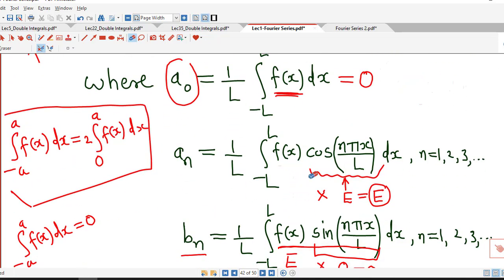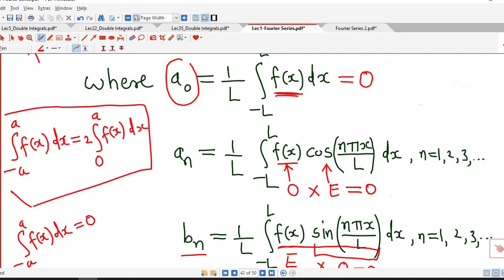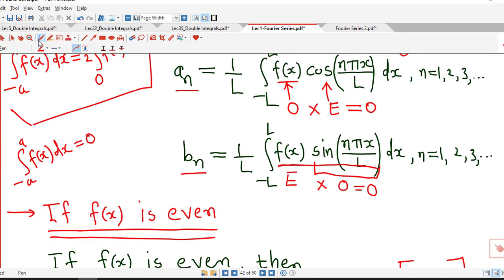Now if f(x) is odd, then here we have f(x) as odd function and this is even function. So odd into even is odd function, and therefore an will be 0. So if f(x) is odd function, a0 and an both are 0, and bn will be equal to, here f(x)